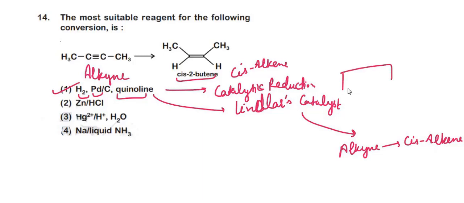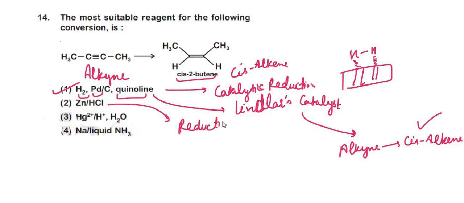So in this case, what happens on the metallic surface is first hydrogen gas gets adsorbed, and after that the reaction takes place, and from this you can clearly see that hydrogen will attach to the molecule from the same side. That is why cis-alkene formation takes place. In the first case, Lindlar catalyst is used. Second case is also reduction, but in this case on one carbon hydrogen is added and on another carbon chlorine. Alkyl halide type compounds are obtained here.